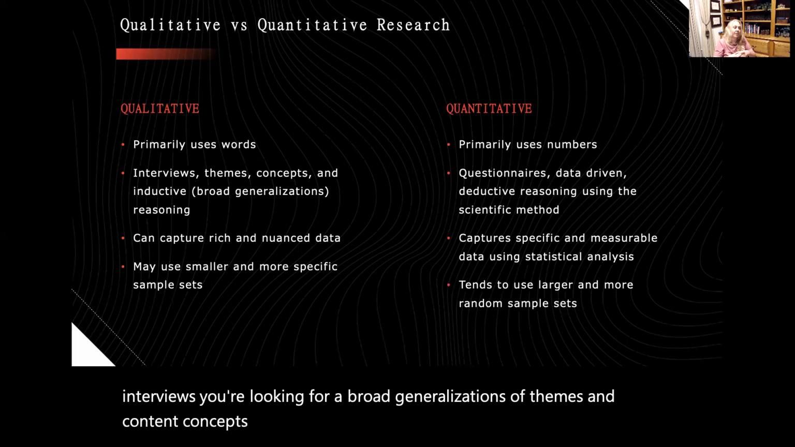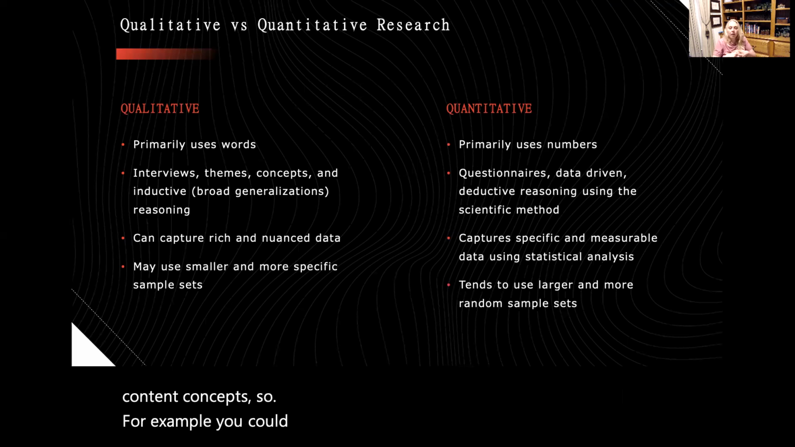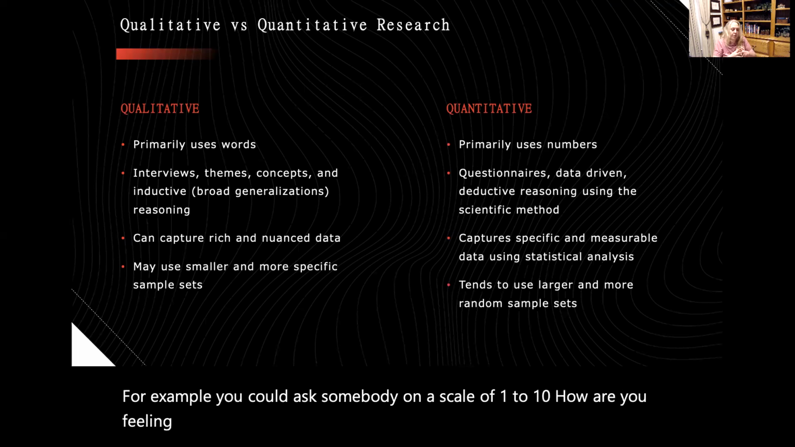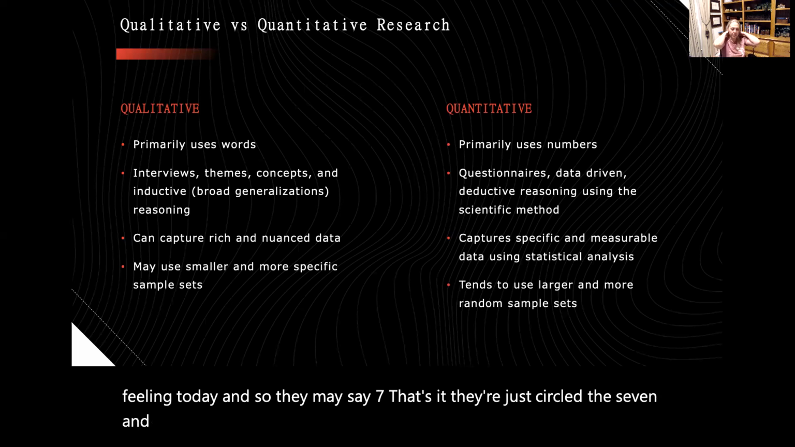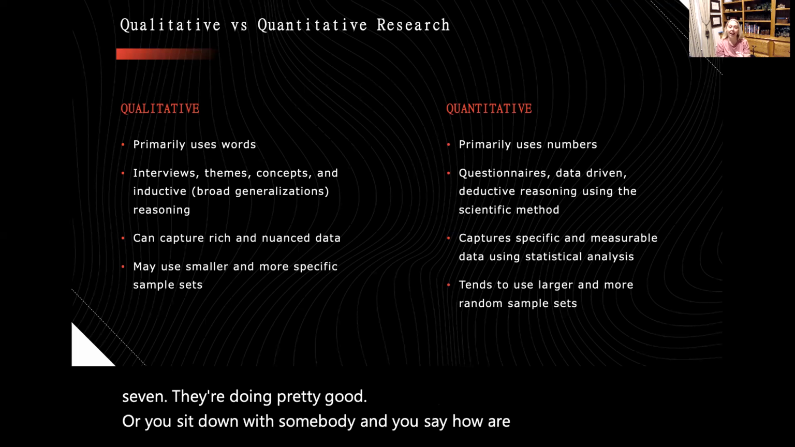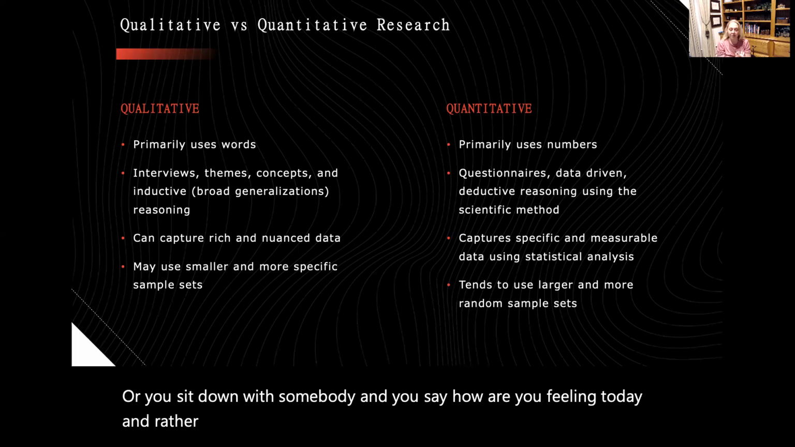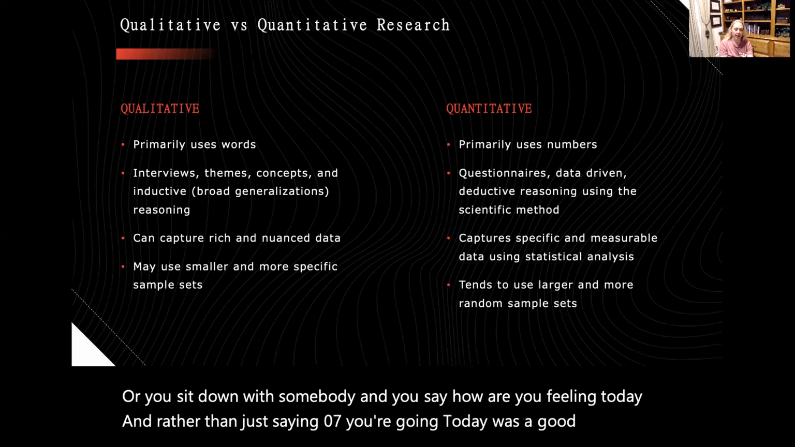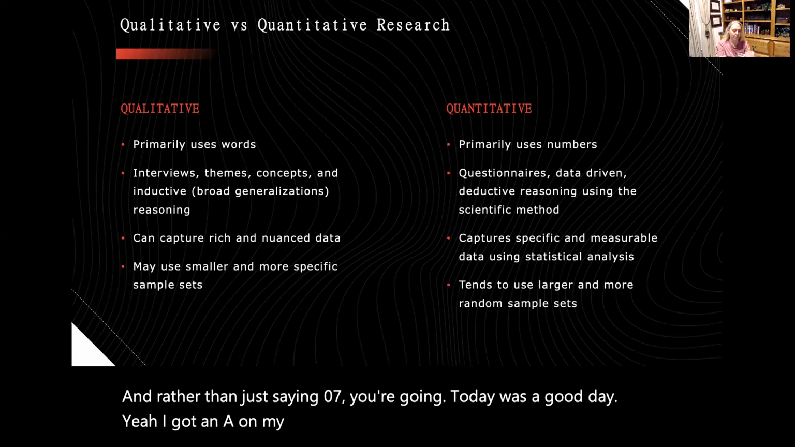So for example, you could ask somebody on a scale of 1 to 10, how are you feeling today? And so they may say 7. That's it. Just circle the 7. And so now you've got an idea of, okay, so 10 is the highest, then 7, they're doing pretty good. Or if you sit down with somebody and you say, how are you feeling today? And rather than just saying, that's 7, you're going, well, today was a good day. I got an A on my paper, but then my sibling and I got into an argument, and you're filling